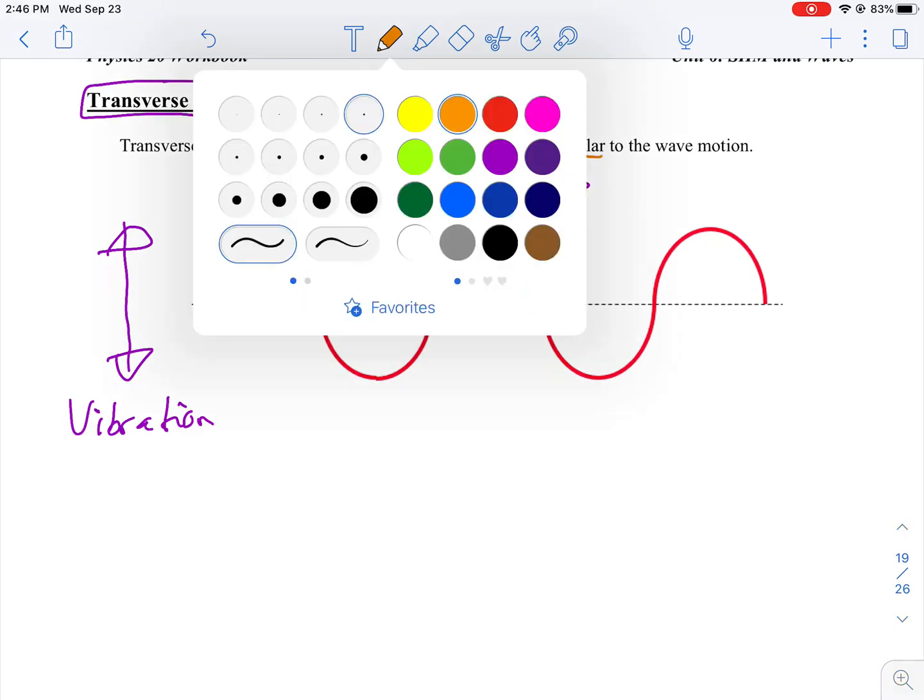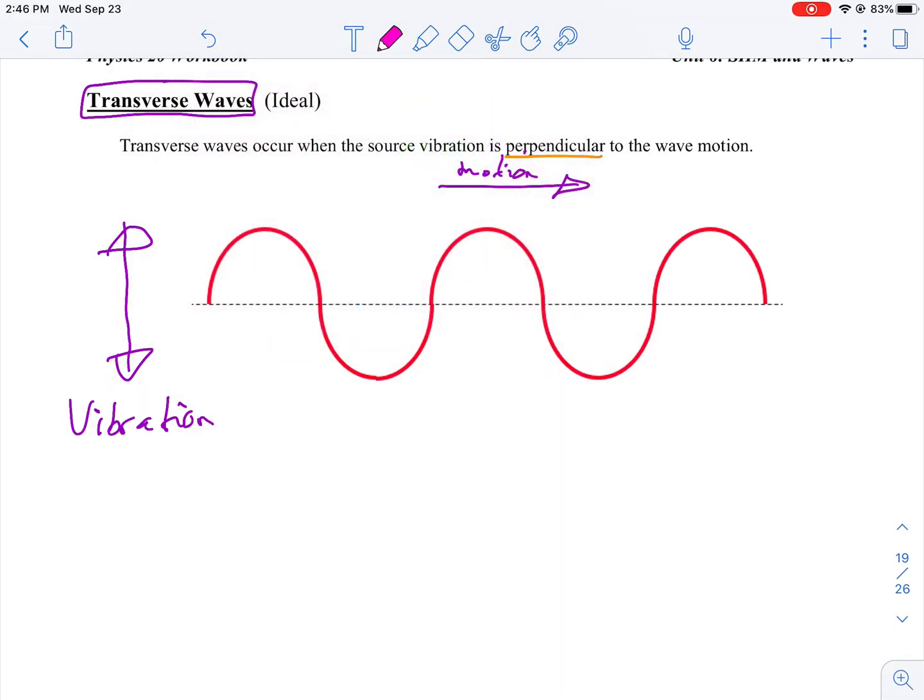Good. Okay, let's do some more identification here. What's the top of a wave called? Well, that's called a crest. And the bottom of a wave is called a trough. The midline, going all the way along the middle, we call that the equilibrium location. And understand that that's where the particles actually want to be. They don't want to be at the crest or trough. They want to be along equilibrium. Keep that in mind for the future.